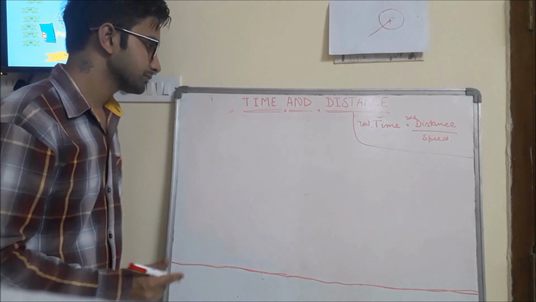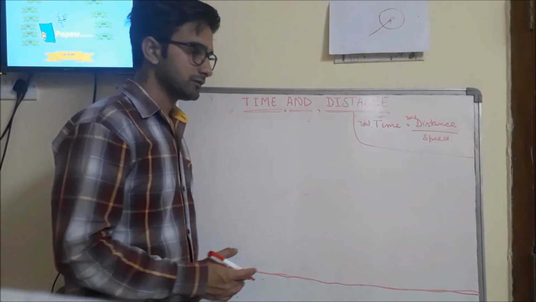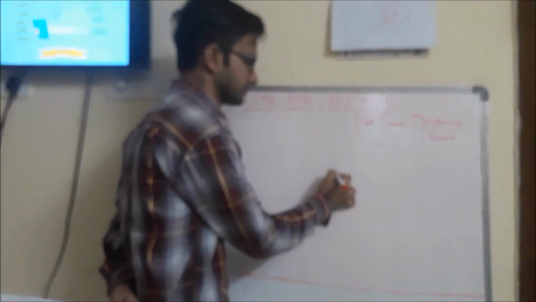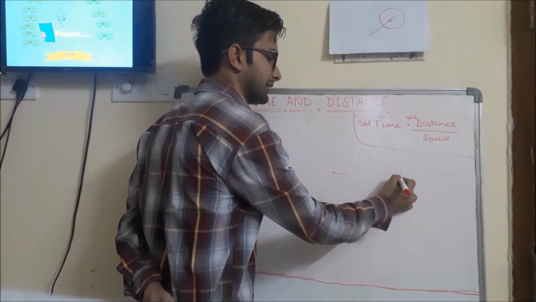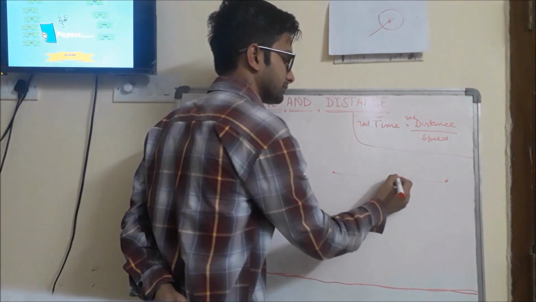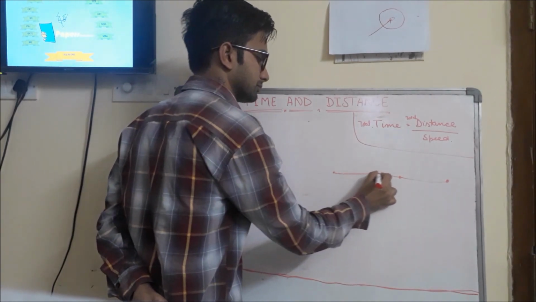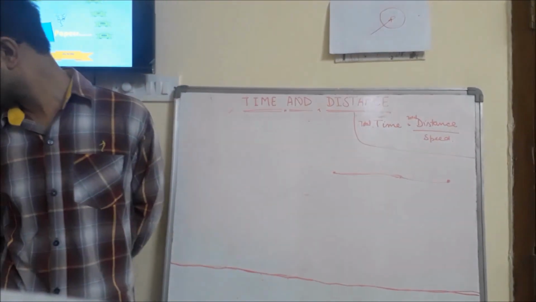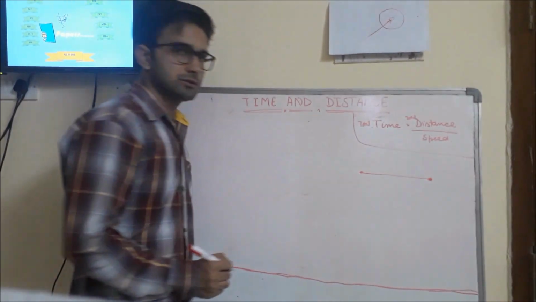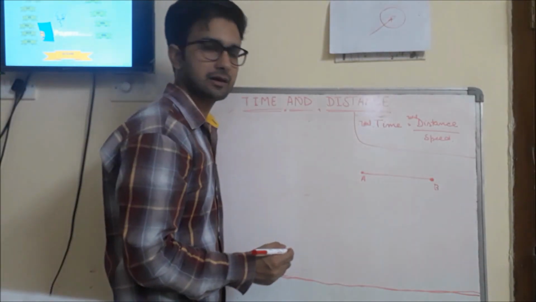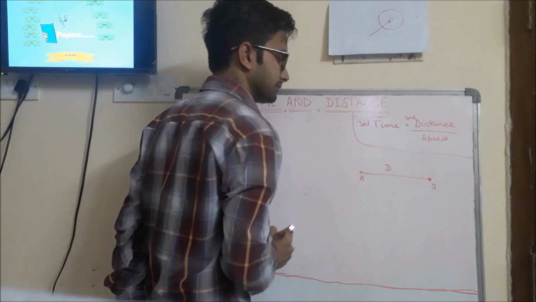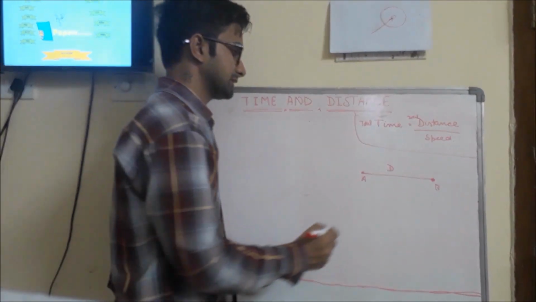So here, I would recommend you to always use mathematical formulation for the problem, and if possible, try to take variables and solve the problem. So let's see, Ram starts from a point A and goes to point B, and the total distance covered by Ram is d, and the total time taken by him is t.